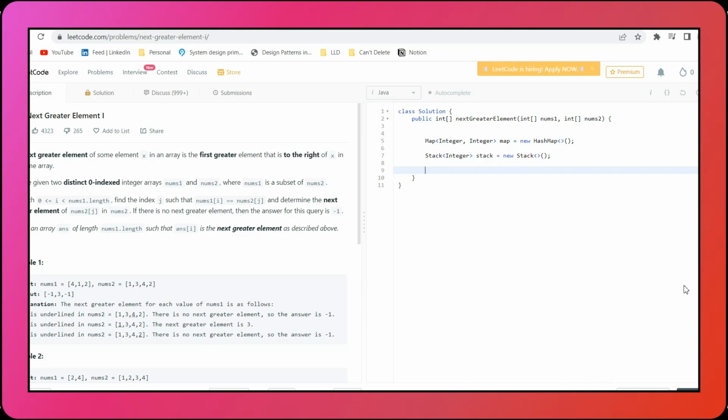First, what we are going to do is iterate through nums2 and find the next greater element pair for each element. For int element in nums2,